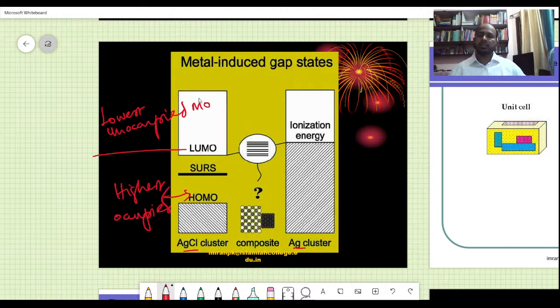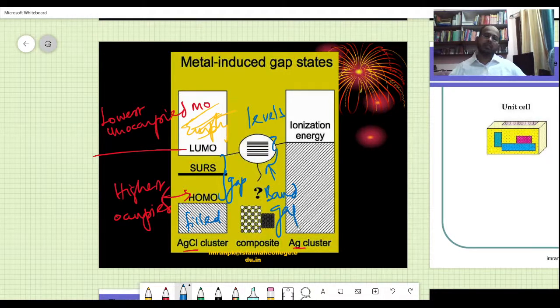You can see that this one is empty, while this one is filled, and there is always some gap there. And these are the levels, and these levels constitute the band gap